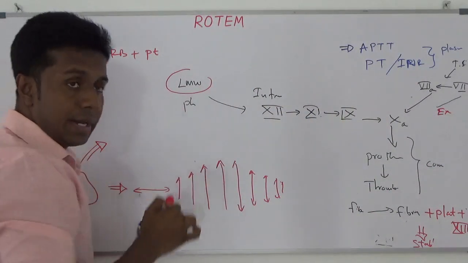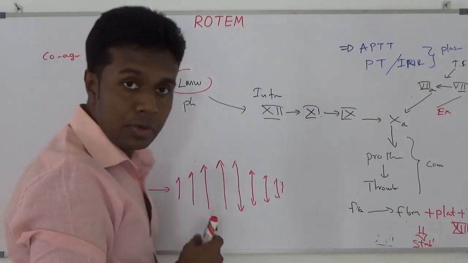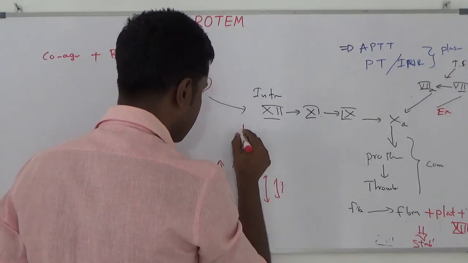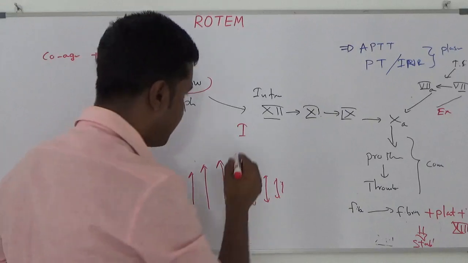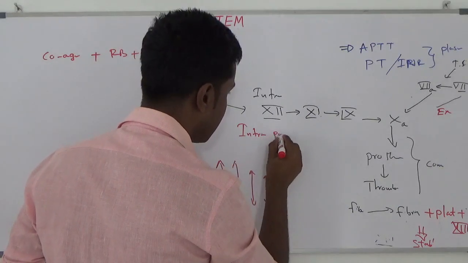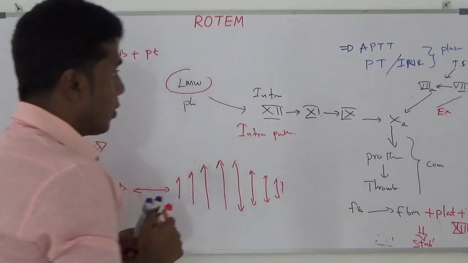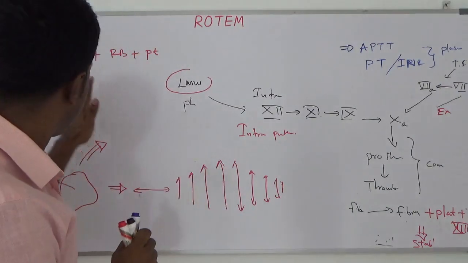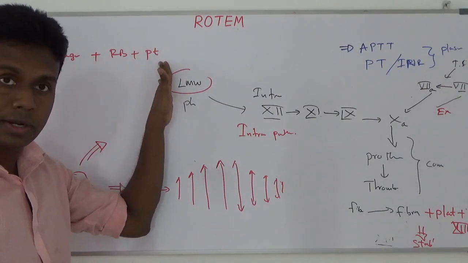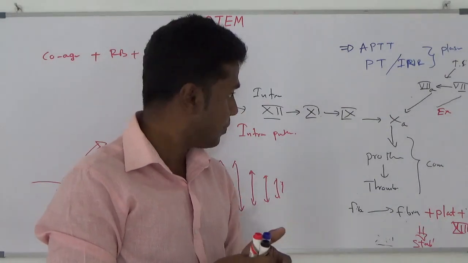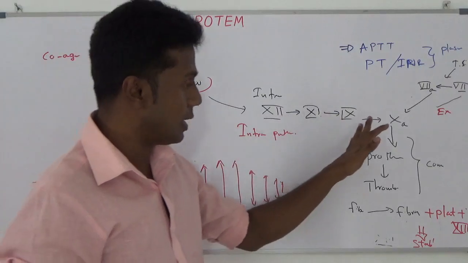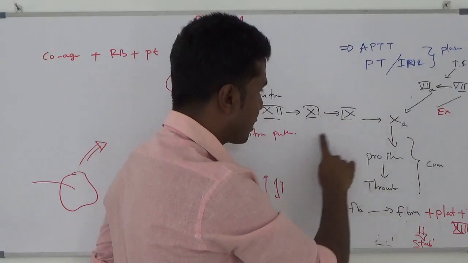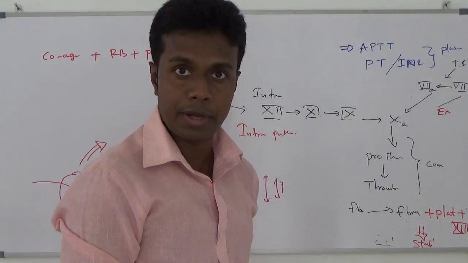The low molecular weight kininogen, kallikrein and phospholipid are there in your blood. There is no need to add something from outside. Because of that, we call it the intrinsic pathway. It is intrinsically present in the blood. So what Dr. Hartert said is that for the coagulation process, you need coagulation factors, red blood cells and platelets in order to produce a proper clot. There are two pathways, the intrinsic pathway and the extrinsic pathway, united together to produce the common pathway.